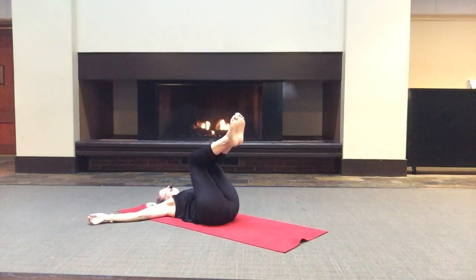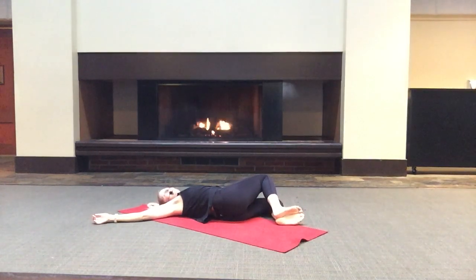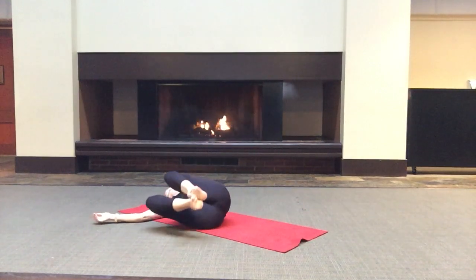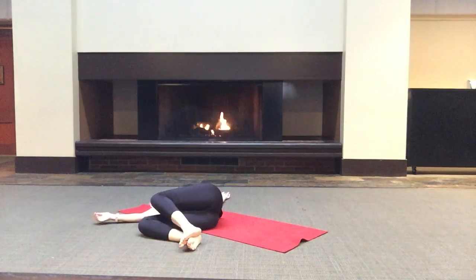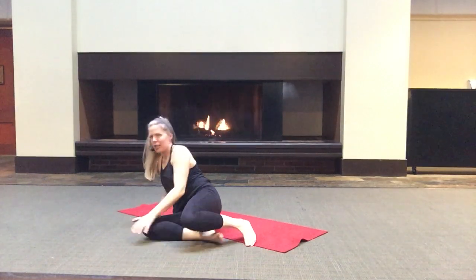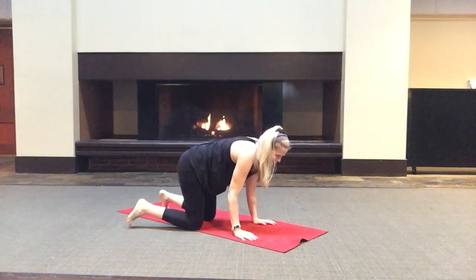So inhale here, exhale, float the knees over to your right side, eyes look left. Easy supine twist. Inhale through center, and exhale, float your knees over to left side, eyes look right. Beautiful. Go ahead and roll over all the way onto your left side. Press yourself up as gently as possible, and we'll move onto hands and knees